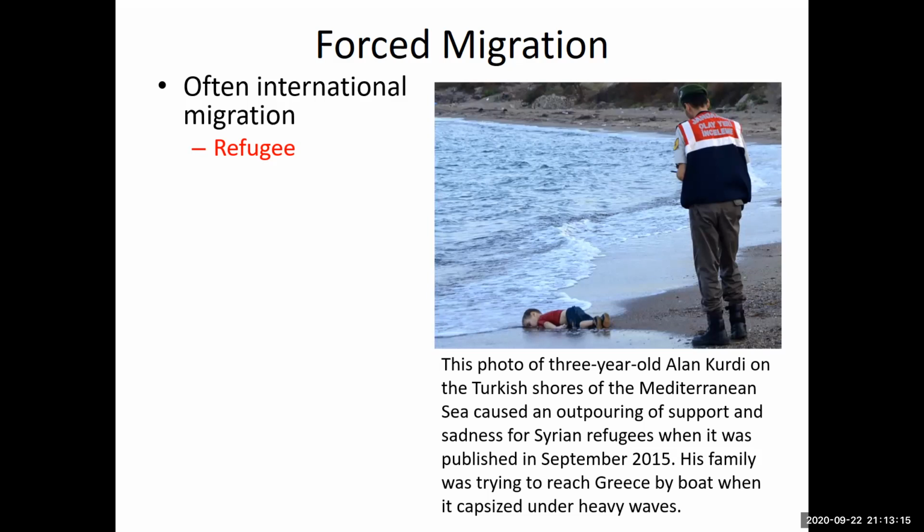It's super sad. So these people would have been deemed refugees by an organization like the UN. Refugee is like a legal status. It's bestowed often by international organizations, and the status sort of bestows upon people certain rights and privileges that other international migrants who are moving, perhaps because of a forced situation like natural disaster, don't necessarily get. So refugees are, well, I've already said it, it's a status.